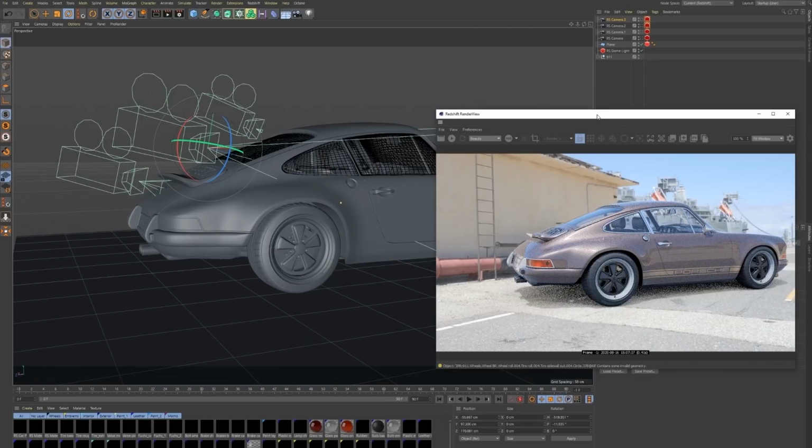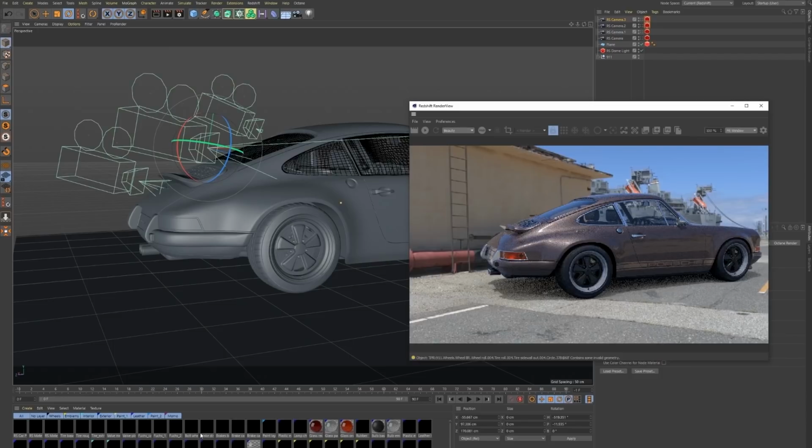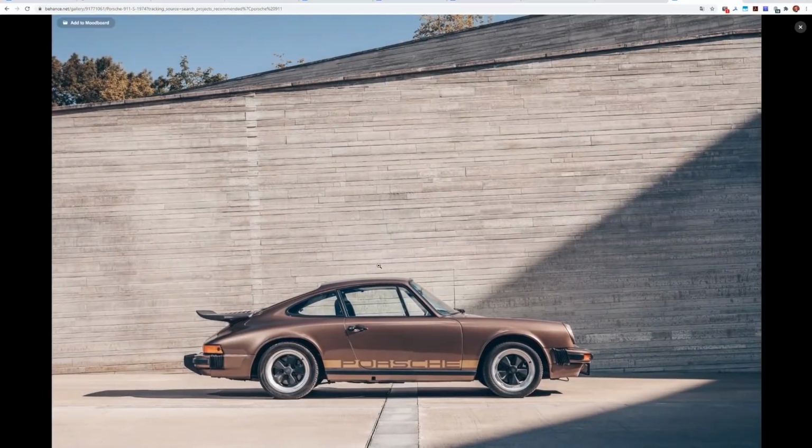First of all, I've got the reference, so I chose that one. I really like this kind of bronze copper car paint. And if we take a look at the car paint close up,